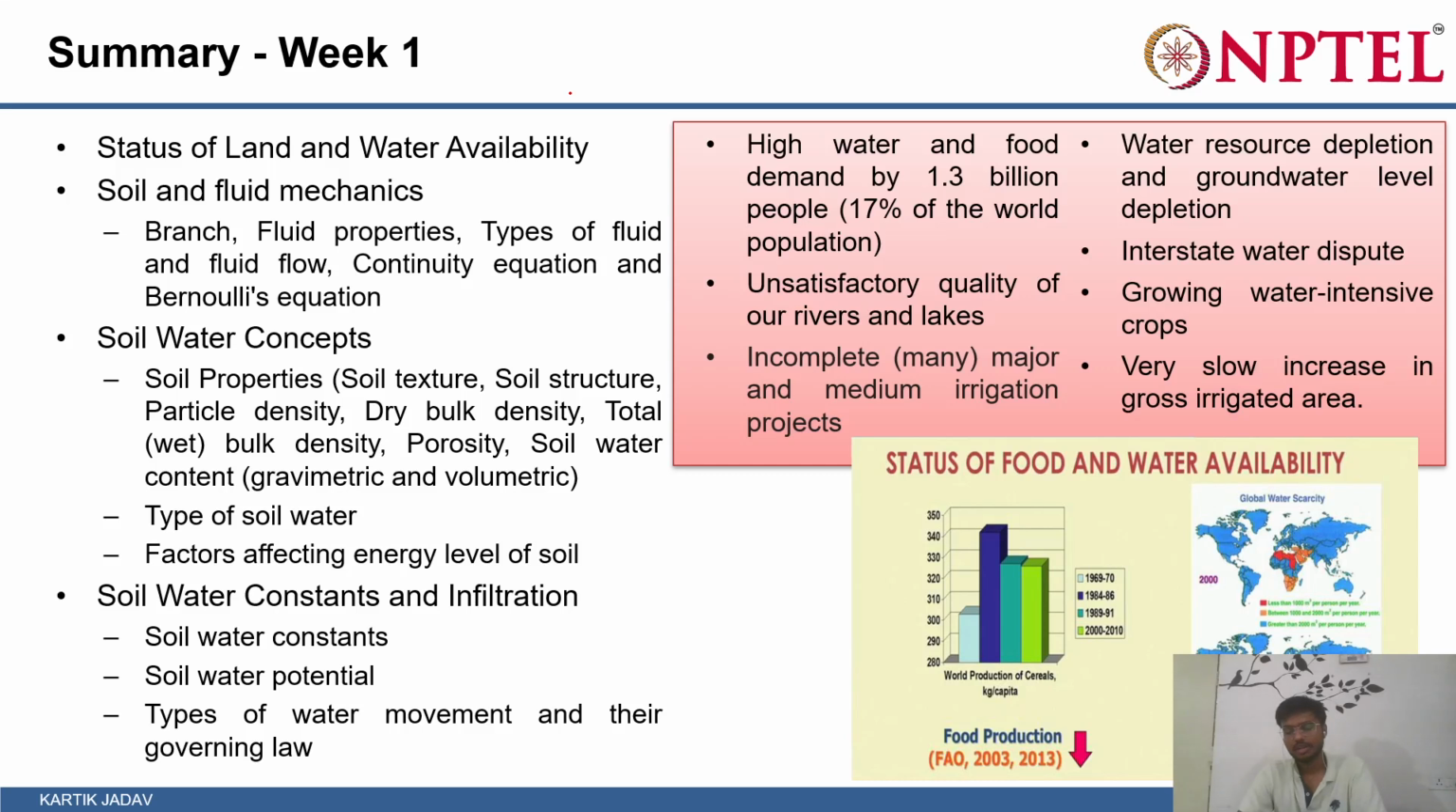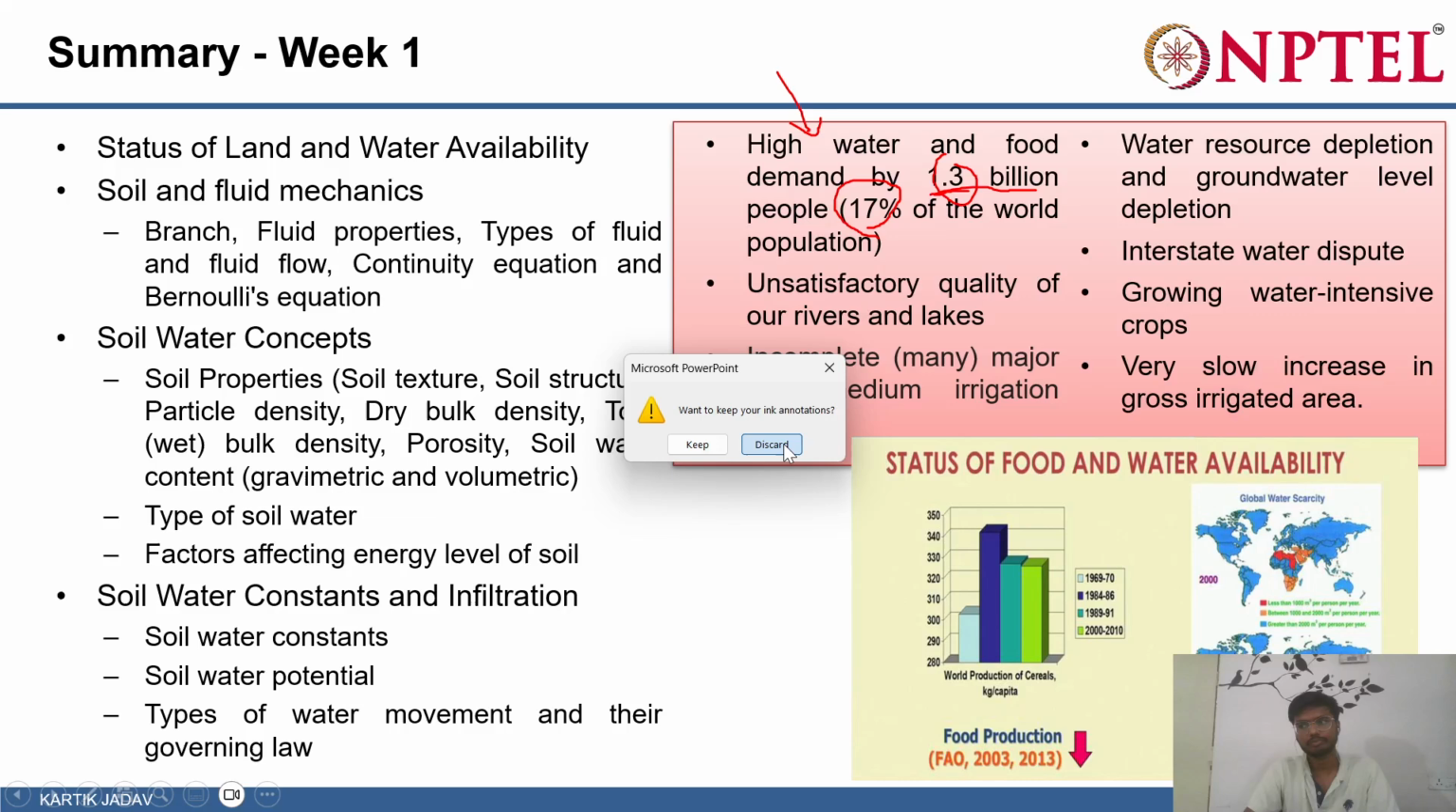Now, let's quickly summarize the week one content. In week one, we focused on the basic status or fundamentals of soil and water, and we found certain problems, like the high water and food demand of 1.3 billion people. What is this 1.3 billion people? It's the population of India. It is an approximate number, and it represents 17% of the entire world. But in terms of water,